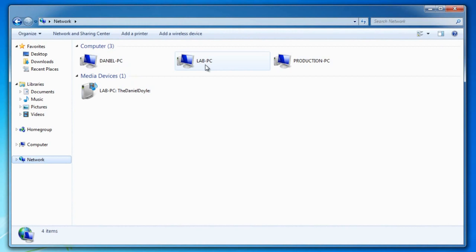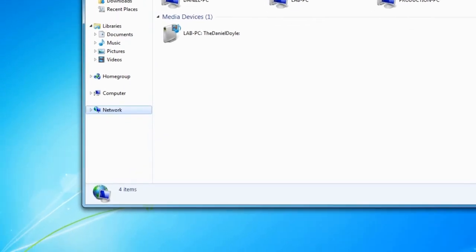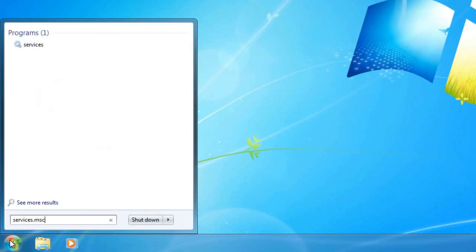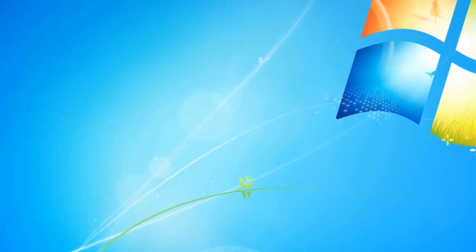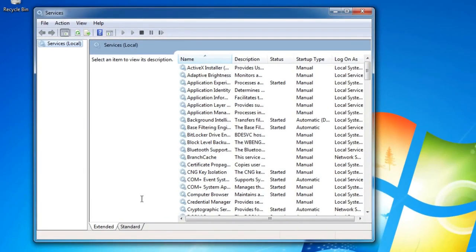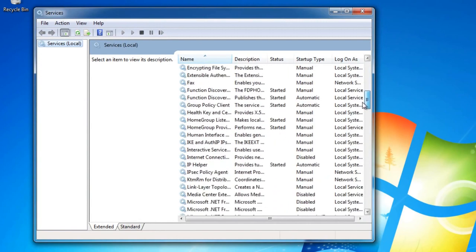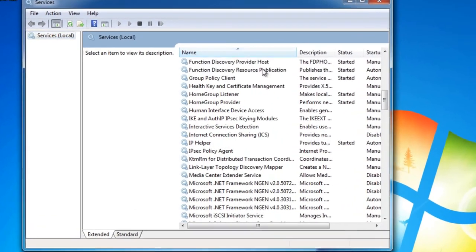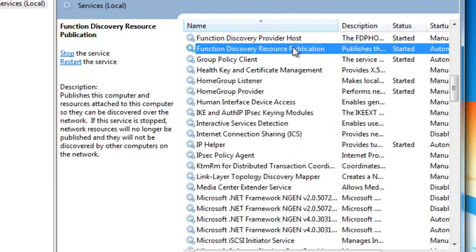So if you go to your Start menu and type services.msc and open the program, you'll be presented with this window. Now if you scroll down to Function Discovery Resource Publication, you can see on the left there, it says publishes